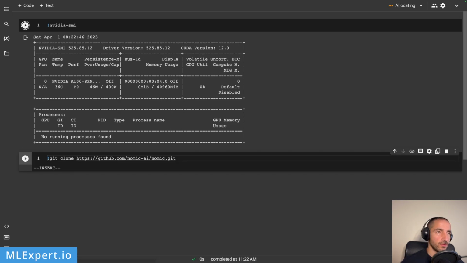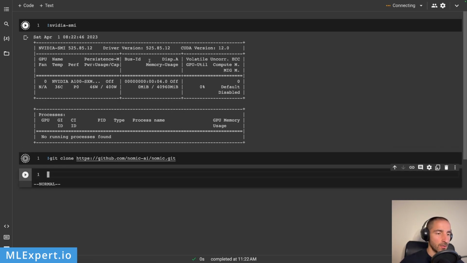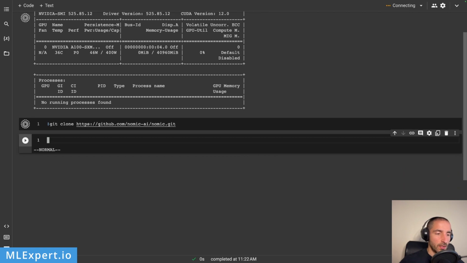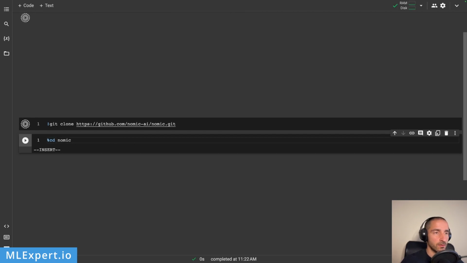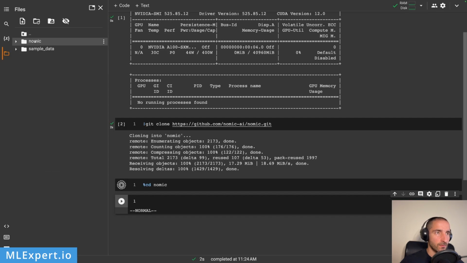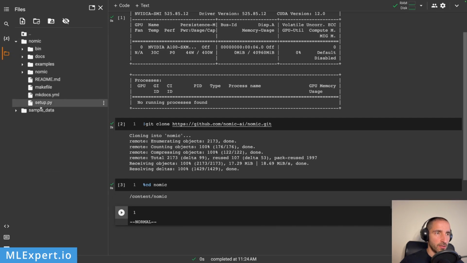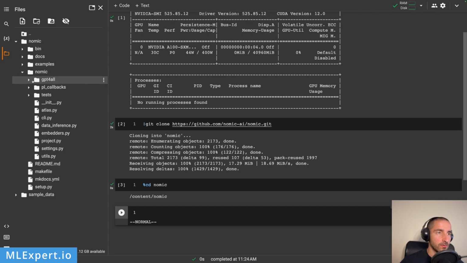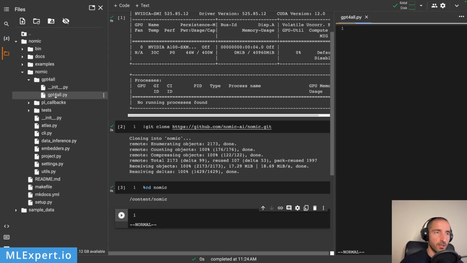Let's run the machine. After the cloning is complete, I'm going to get to the directory of the repository. So I have this repository right here, cloned, and I'm within the folder right here. Next, I'm going to show you the original file, which doesn't appear to be working, at least at the time